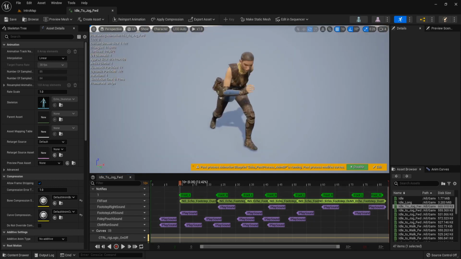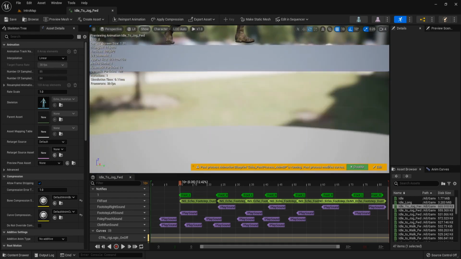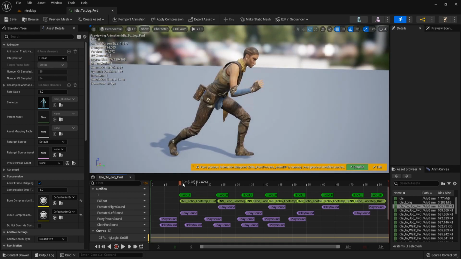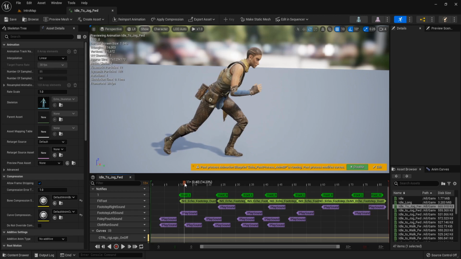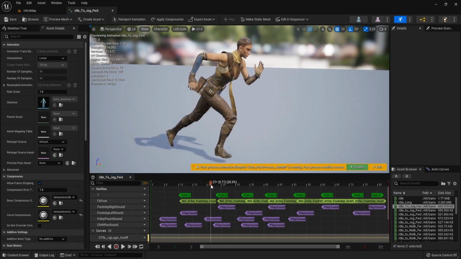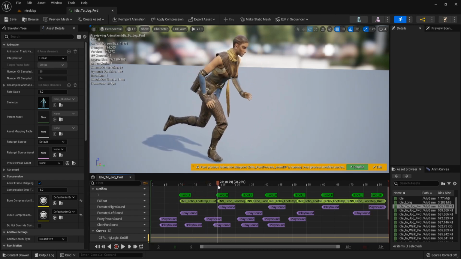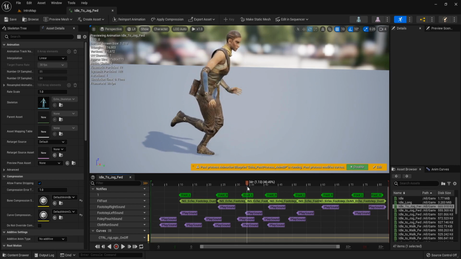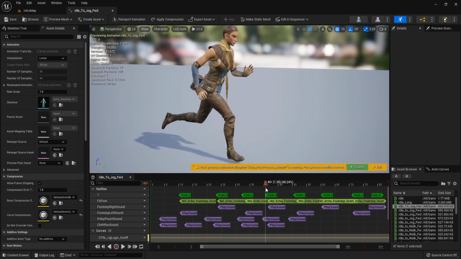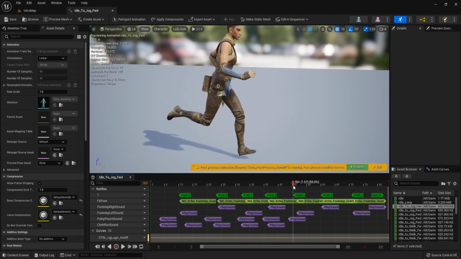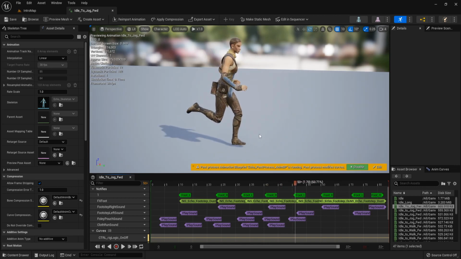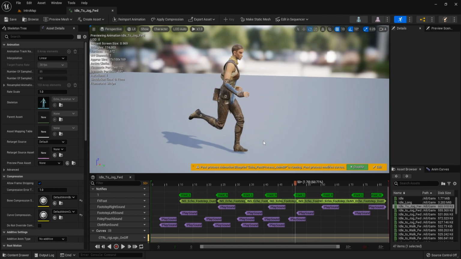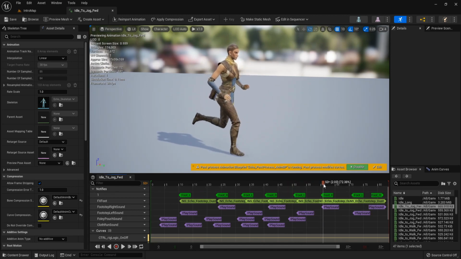This notify tells the engine when the character steps on the left foot and when on the right foot, and it tells about the number of cycles in that animation. So when we have the transition, we get a smooth transition from idle to walk or walk to jog animation.